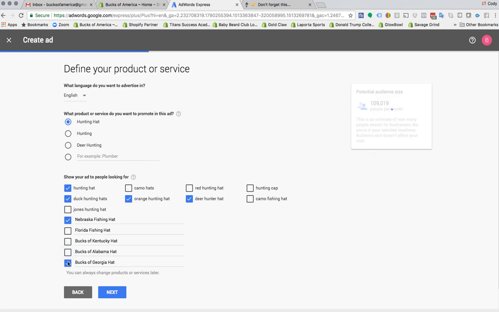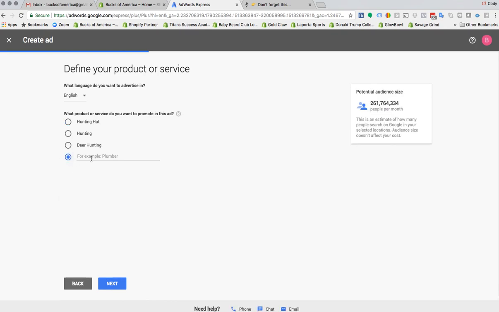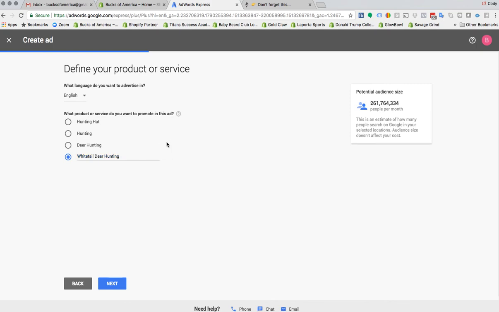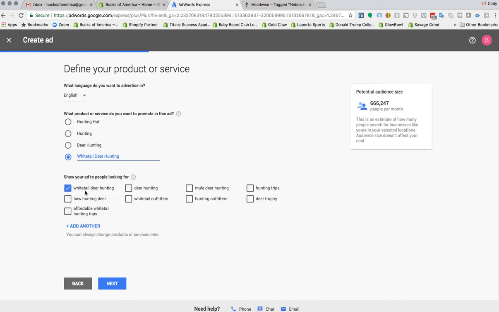So we're not going to use any of these right now. We're going to change this back to Bucks of Nebraska hat. We're going to get rid of this hunting hat. We're going to do this. We're going to go whitetail deer hunting, and then we're going to hats, nomad service. Okay, so let's do whitetail deer hunting, and then let's do, oh, let me go back here, and let's do